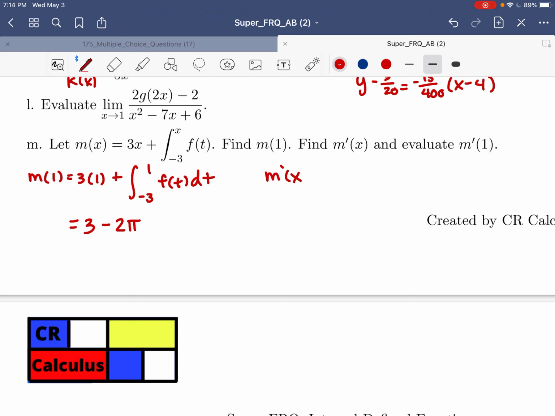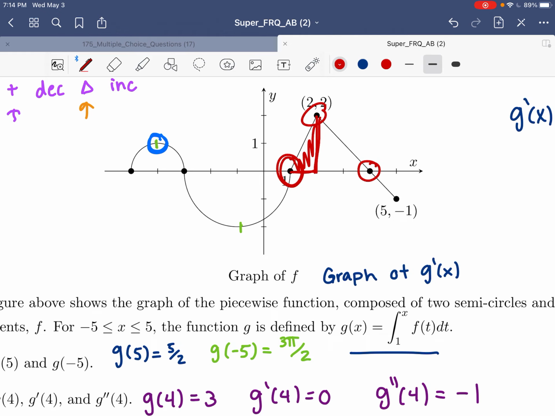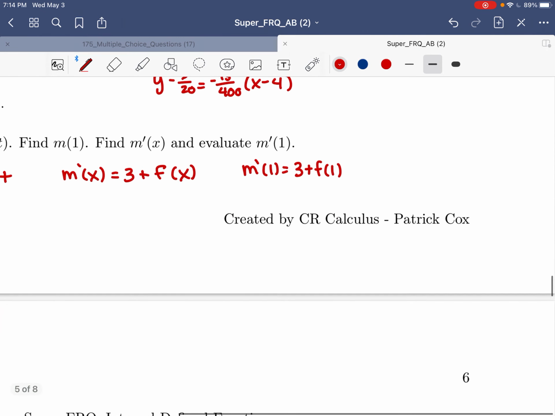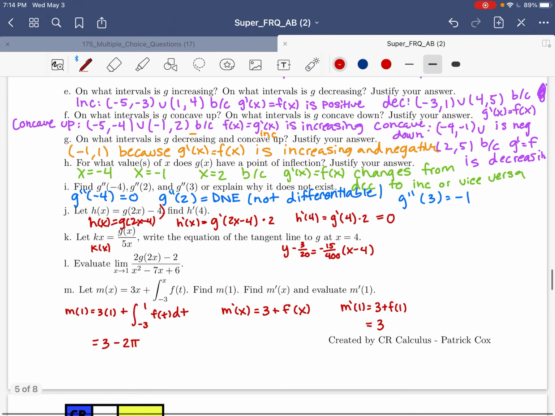Now m prime of x is just going to equal 3 plus, remember, derivative of an integral like that just becomes f of x. Then m prime of 1 is going to be 3 plus f of 1. And if I look at f of 1, it's right here, it should just be 0. So it's just going to equal